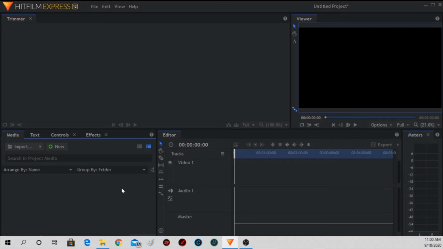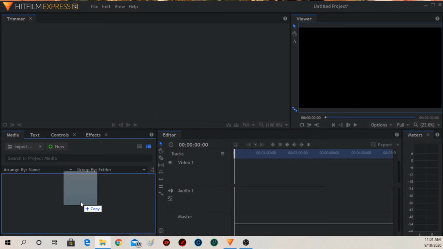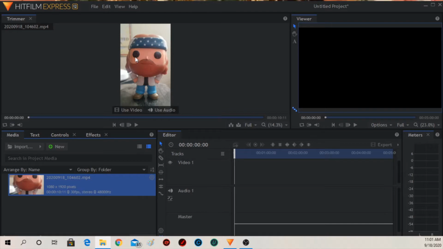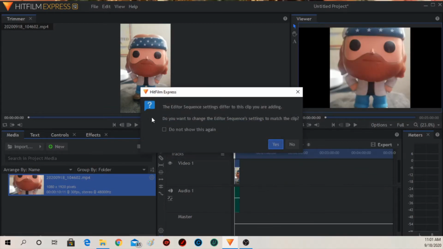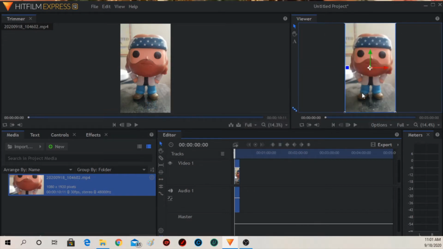So today, since we're doing keyframing, I'm going to be using a quick recording I got off of my phone, where I just recorded a small pop figure for a few seconds, and we're going to be keyframing this so that the video will zoom in and then zoom back out. So what you do is you take the video and you put it onto your track. It'll ask you if you want this to match the clip settings as opposed to the format that you already have on there. For this instance, I'm going to click yes, and it'll format it to the format of the